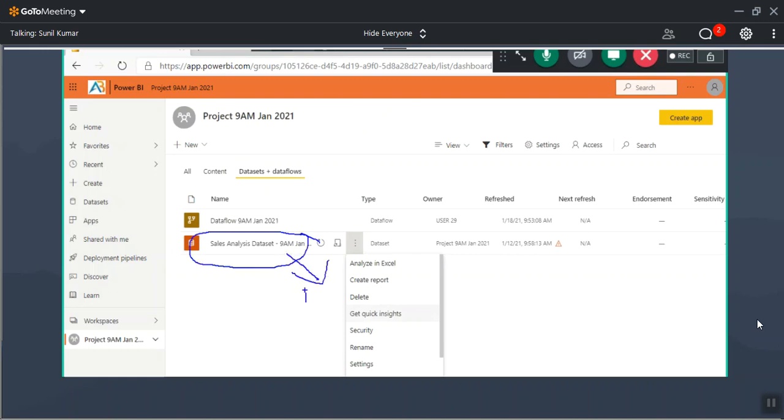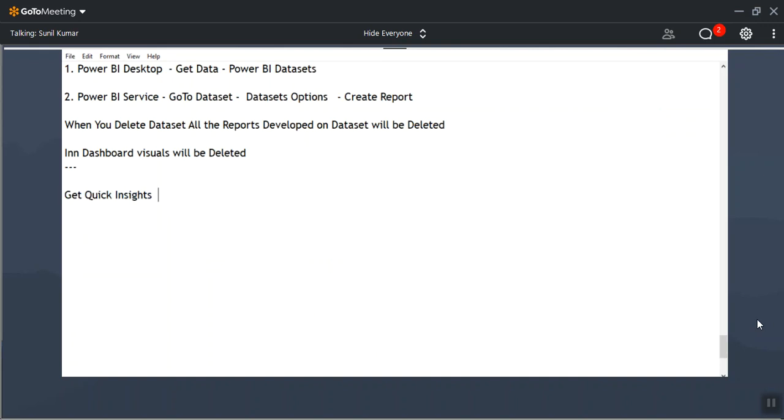dimension columns and fact columns, and Power BI itself will create the visuals. Let me write that point here.